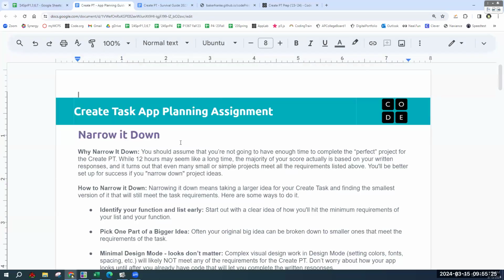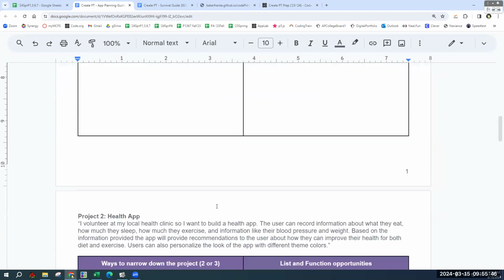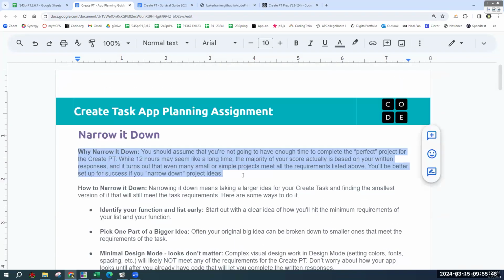Let's talk about it. Okay, so like I said, there are several reasons why students' ideas do not work or end up not working. And they generally fall into the category of too complex or not complex enough. Too complex is what we're going to see some examples of, and we're going to practice narrowing it down. Not complex enough is